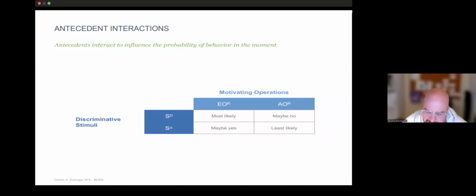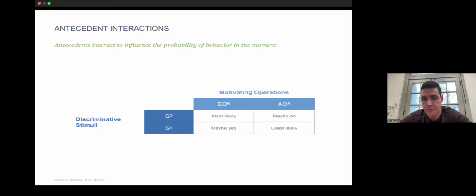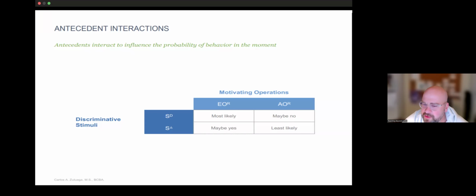Well, yeah, and I just think when I see that open sign, I'm really hungry. So there's a lot of motivation to access food as a form of reinforcement. It's been a long while since I ate, and I'm also driving by a Chick-fil-A, which is a great place to eat. When those two line up, when that establishing operation is in place, there's a lot of motivation for that item.